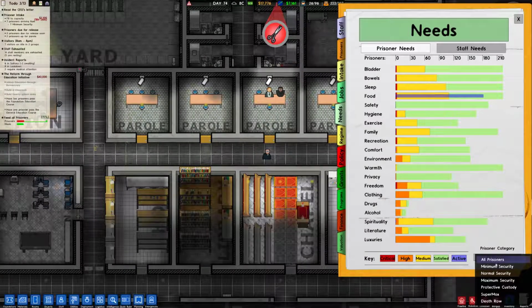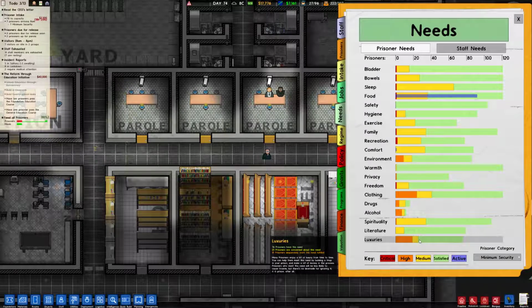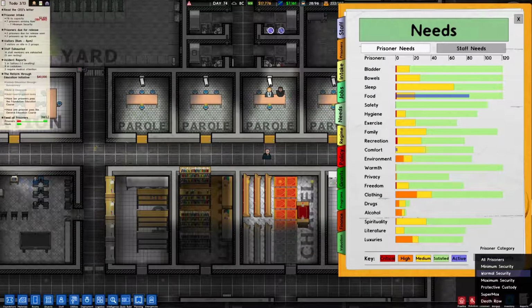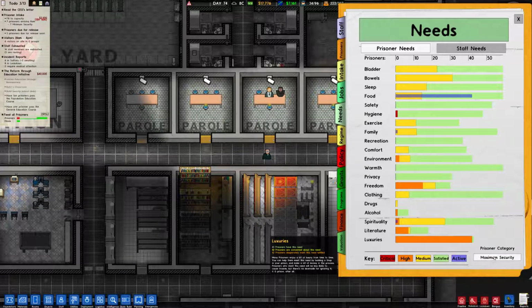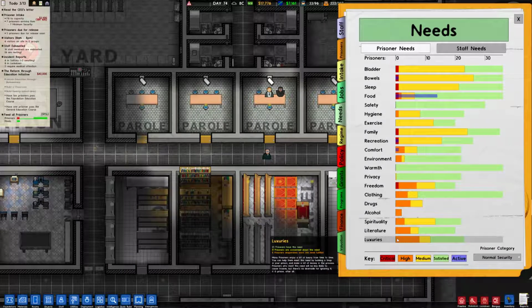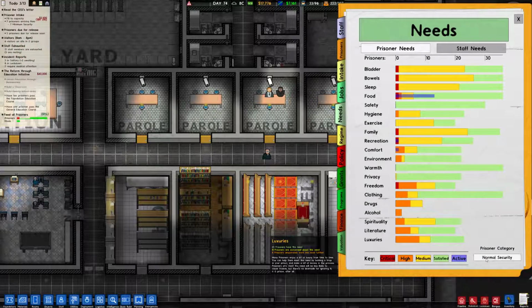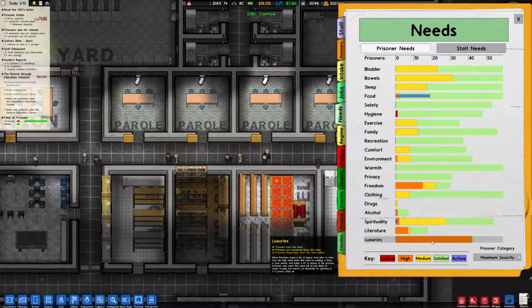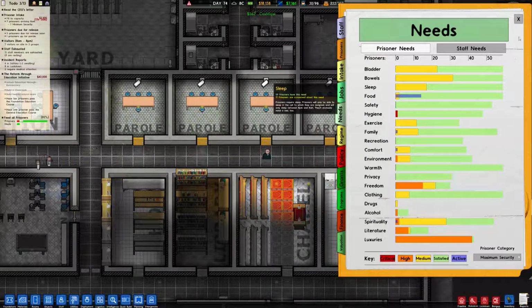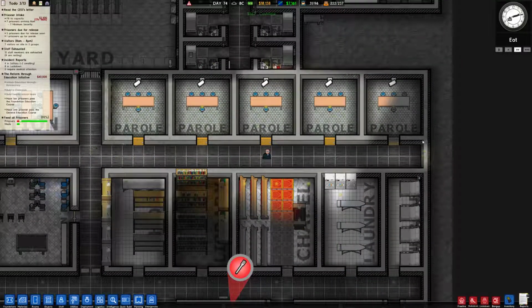And if I have a look at... So MinSec has a shop. And... Whoa, hello. I think NormalSec has a shop as well. It's still pretty bad. And MaxSec does not have a shop, which is awful. Okay. So maybe...